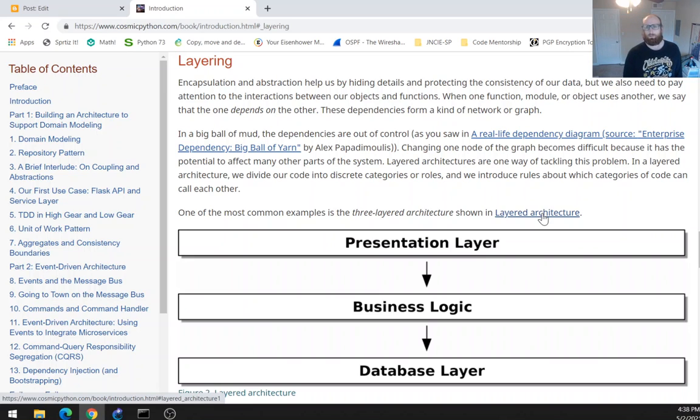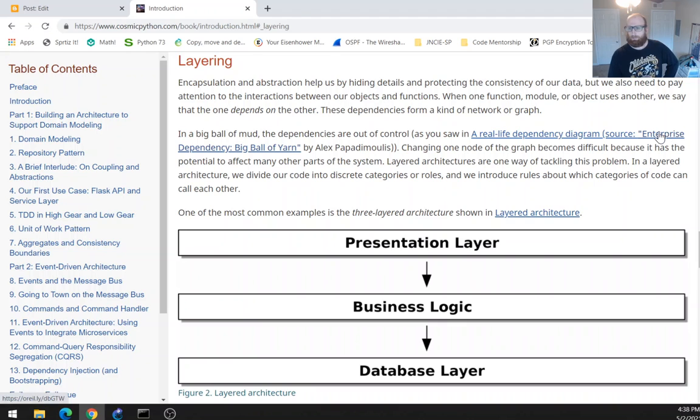These dependencies form a kind of network or graph. In a big ball of mud, the dependencies are out of control, as you saw in a real-life dependency diagram, source Enterprise Dependency, Big Ball of Yarn, by Alex Papadimoulis. Changing one node of the